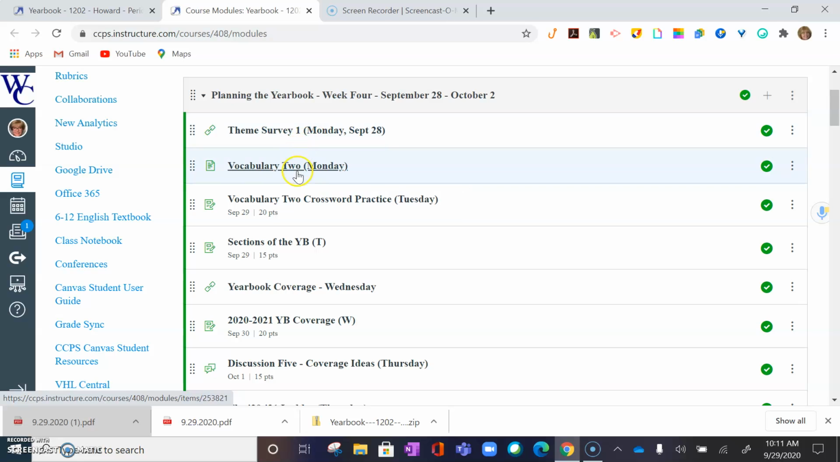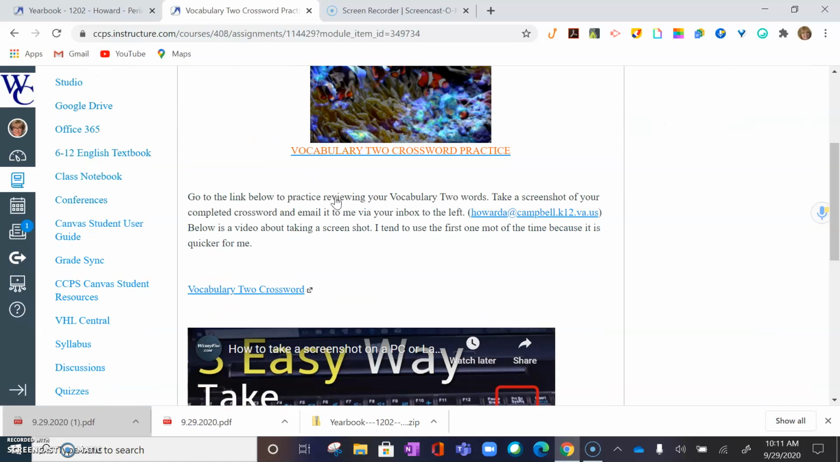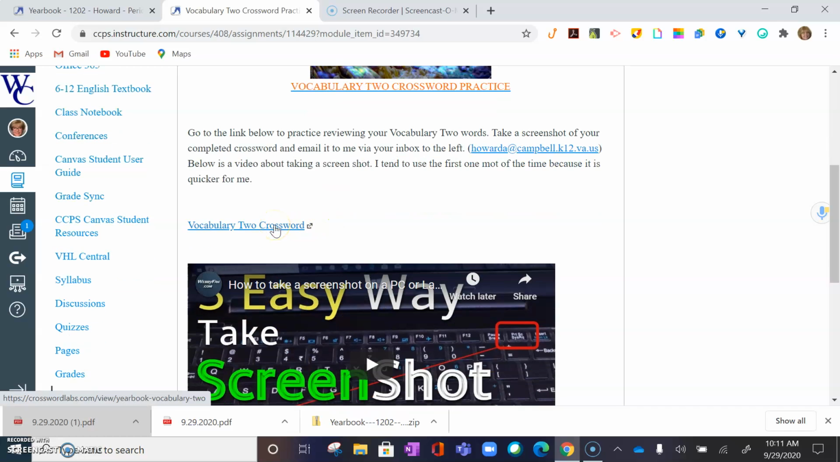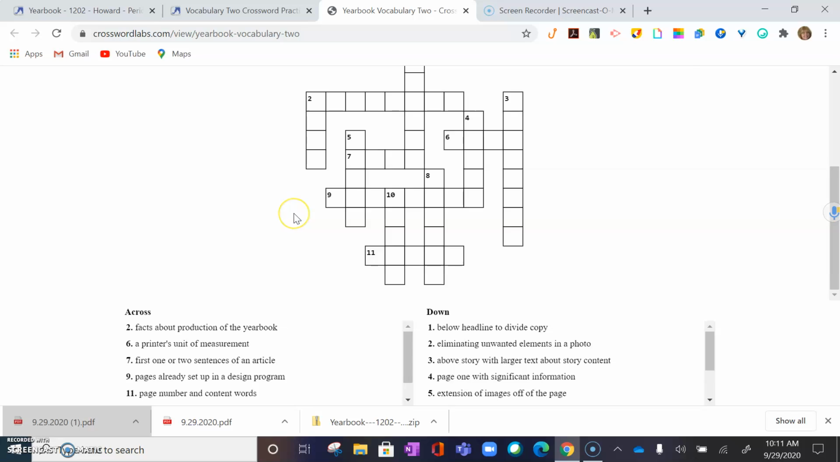We should have defined the vocabulary 2 on Monday, and I'm going to the vocabulary 2 crossword practice. You're going to this link, and I'll demonstrate, but this video is also another way if you'd rather look at that one. I don't have any problem with that. So vocabulary 2, after you write your answers in,